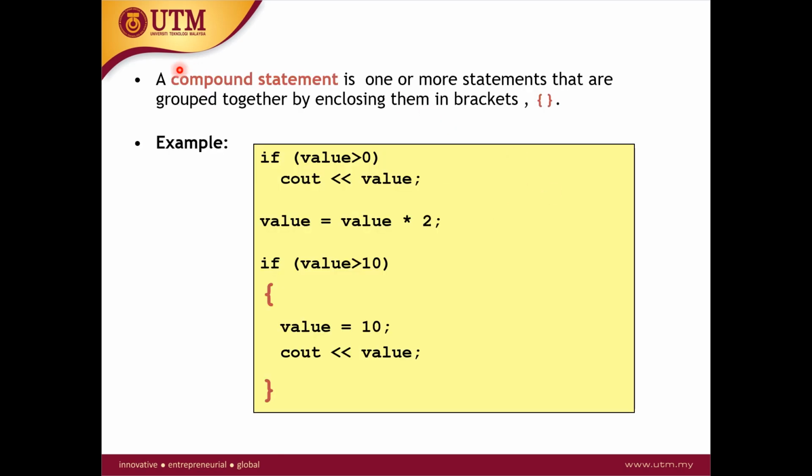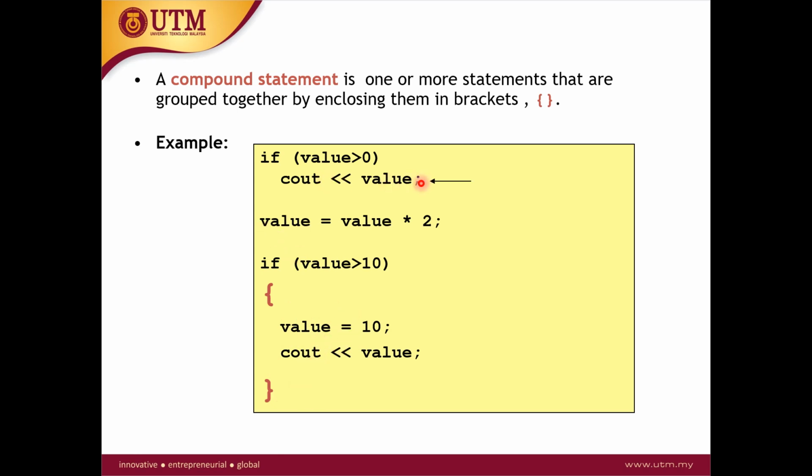So as we said, a compound statement is one or more statements that are grouped together by enclosing them in brackets, such as this one. If value is greater than 0, cout value. Value equals value multiplied by 2. This is the new value, and this one is the old value, which is being given already by the program. So if the value is greater than 10, value equals 10, update value to 10 and cout value. So those are compound